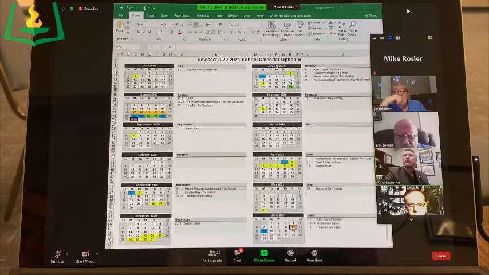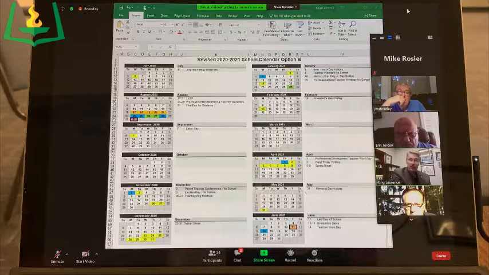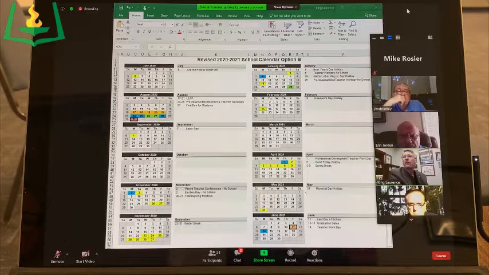When we go into 2021, everything stays pretty much the same as in that first calendar I showed you, except that the last day of school becomes June 11th. So that shortens that by a week at the end. We would have graduation on the 10th and 11th. Now, historically, we've had the last day of school on that Thursday, and teacher work day on the Friday, with no classes on graduation day. It wouldn't be that much of a stretch, I don't think, simply because we've always had graduations on that Thursday,